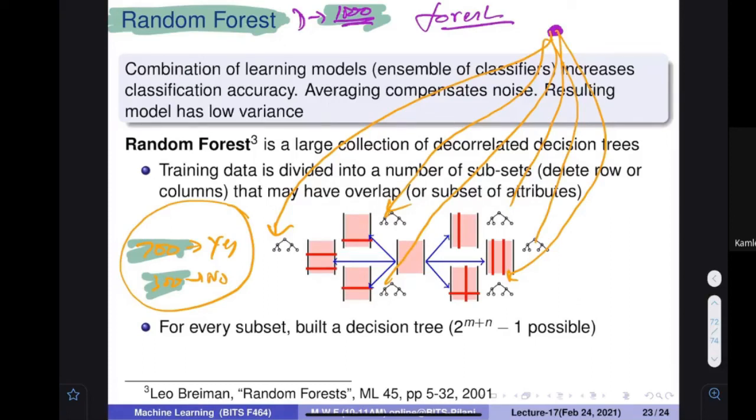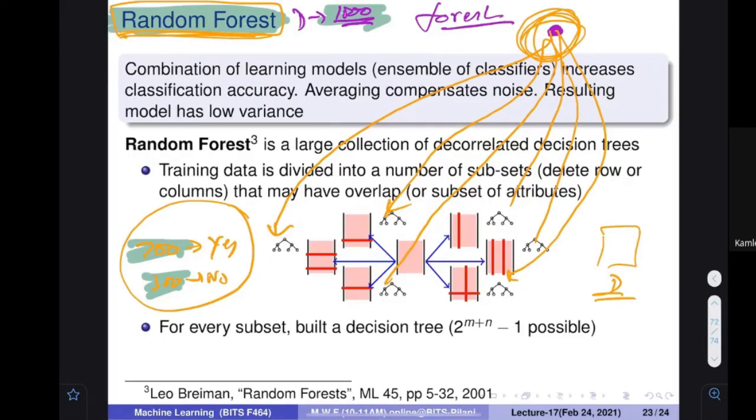Yes? Okay. So this is actually what happens: whenever we are collecting the data, a lot of data errors can come. But after doing these kinds of randomizations, those errors actually get compensated many of the times. And that's why the accuracy of random forest is very high as compared to the decision tree. And this is one of the most used methods in the machine learning community.